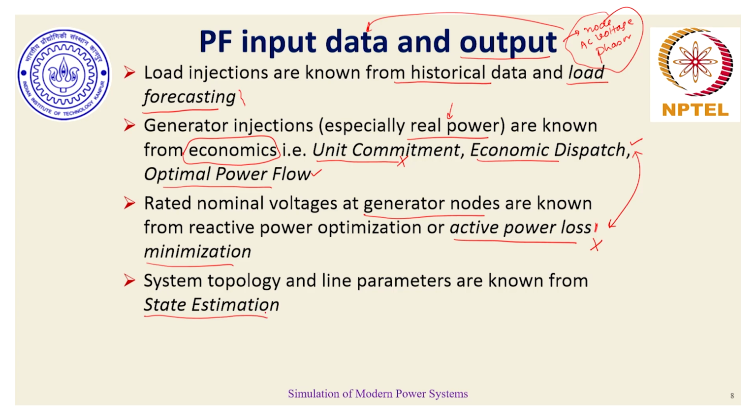The system parameters, network parameters, how the network is connected, again come from another optimization exercise which is called state estimation. We will talk about this in detail when we talk about module 2 on contingency analysis. But the point to be noted here is that often individuals don't understand how these parameters come in or how this system topology comes in. They all believe that some operator has designed the system and that it would be present.